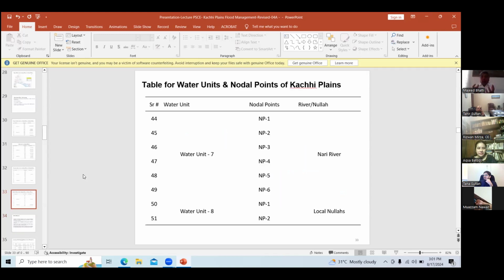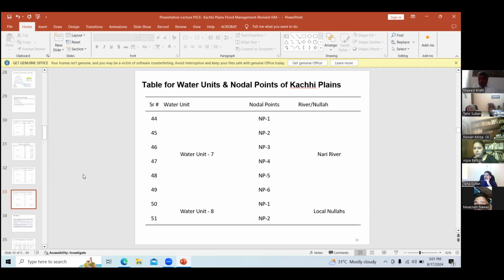The nodal points were selected on the basis of the population of the people living near them. Where the population was about 500 people, that nodal point was taken into this study, and where the population was less than 500 people, that was left for the next phase, so that we can implement this plan in future, because this is also part of master planning.